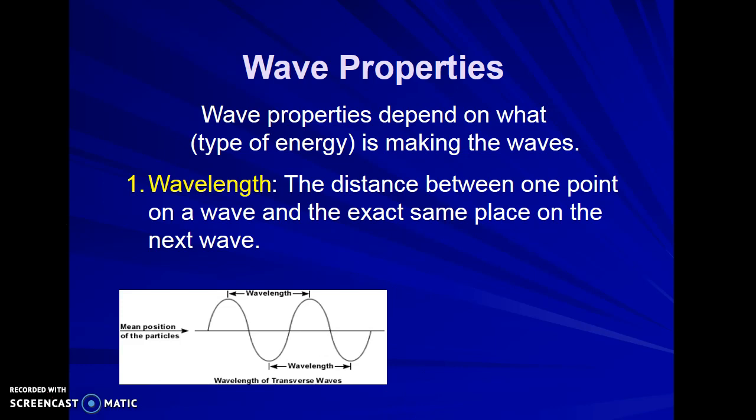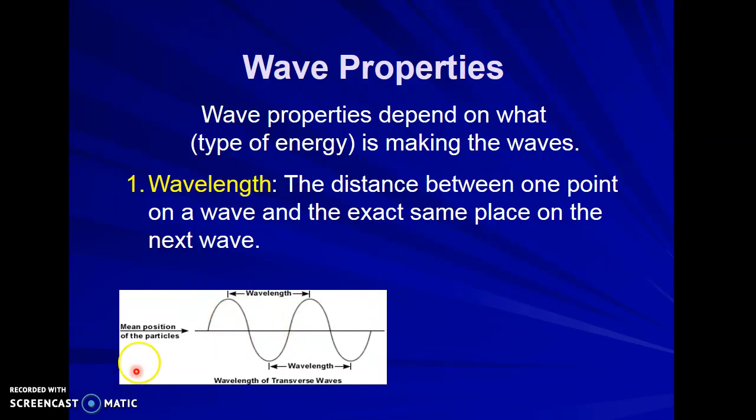So for example, here we have, let's get my laser pointer here. Here we can measure the wavelength from measuring the top crest of one wave to the top crest of another. We could measure the bottom trough of a transverse wave to the bottom trough of another transverse wave. Or we can measure the starting point. So here we've hit the kind of axis here, our starting mean position of the particles. And when we hit that again, not here, but right there,